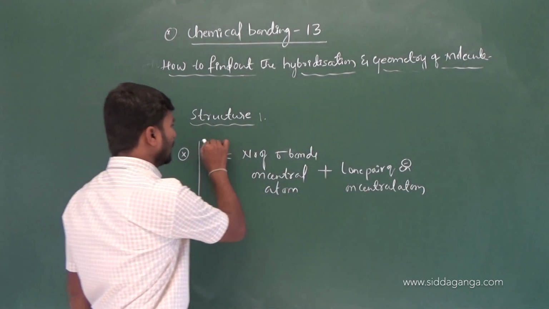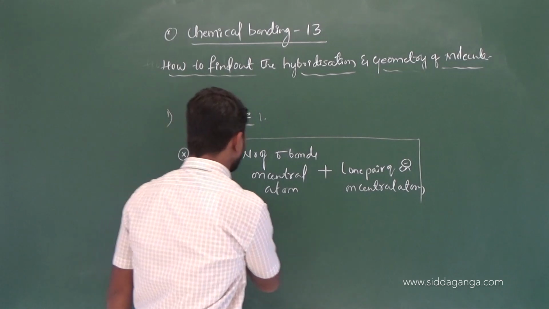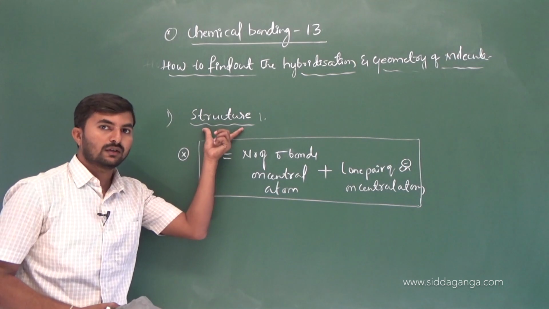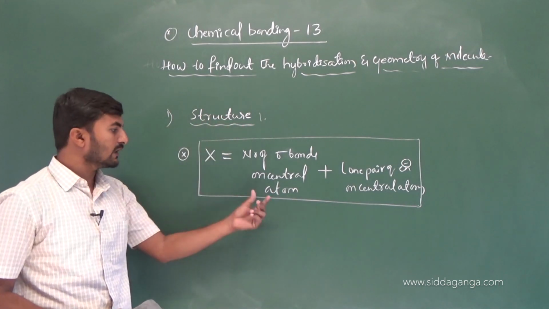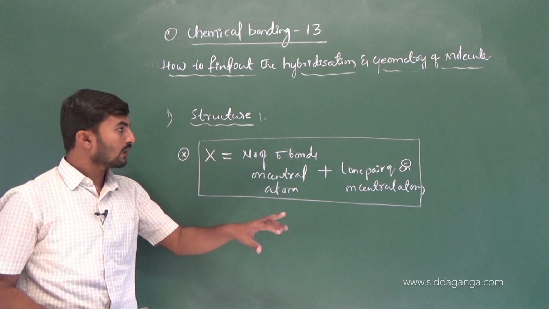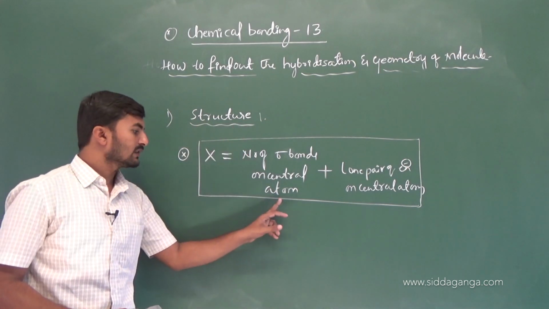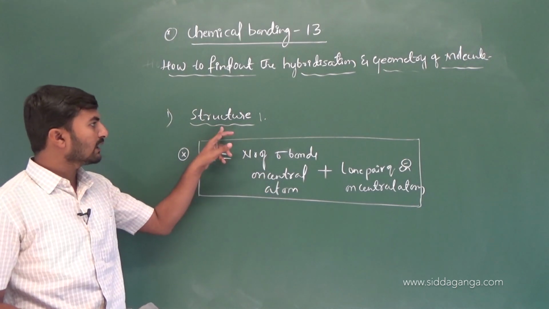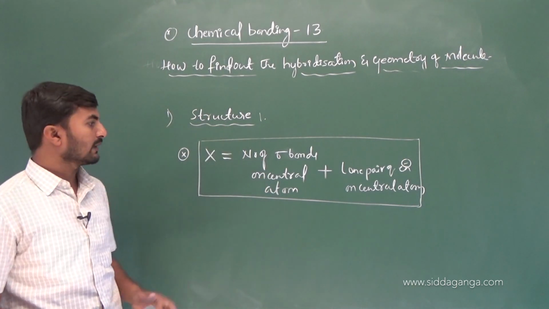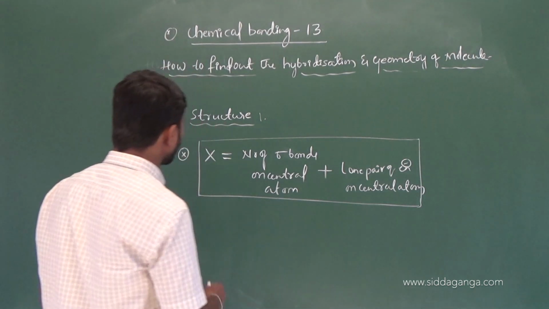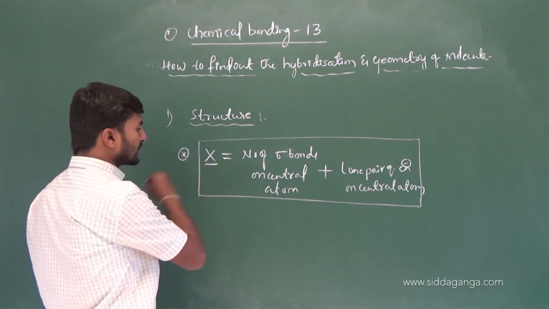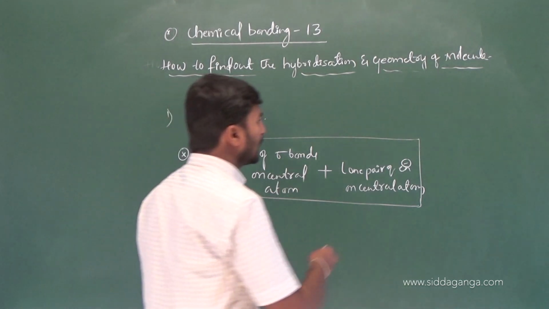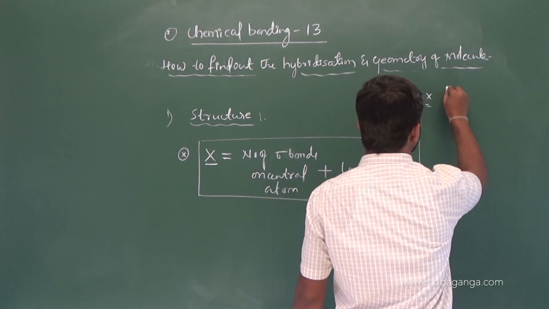This is the formula you need to follow to calculate the hybridization of different molecules whose structure is known. If the structure is known only, then we can use this formula. If we do not know the structure of the molecule, then this formula is not valid. It is applicable only when you know the structure of the molecule. Then suppose the value of x, which indicates the nature of hybridization, is equal to